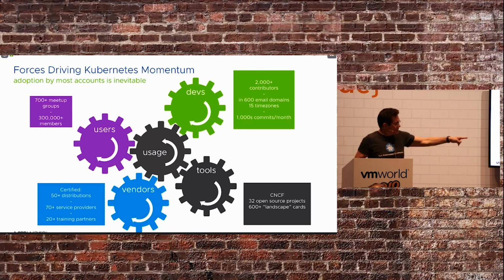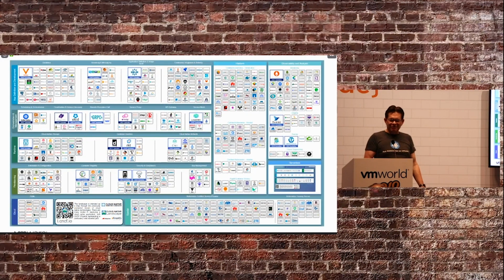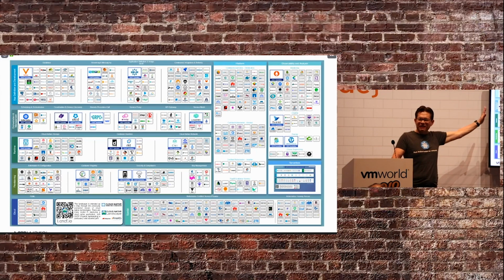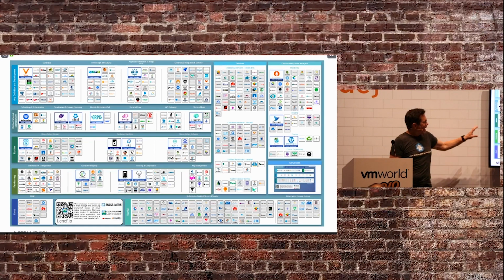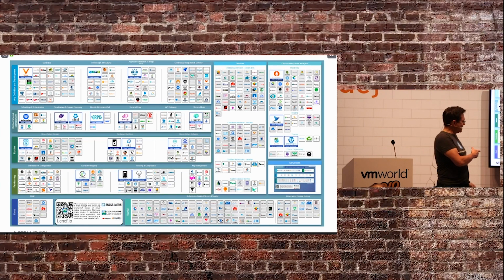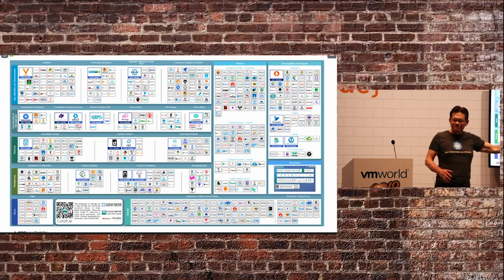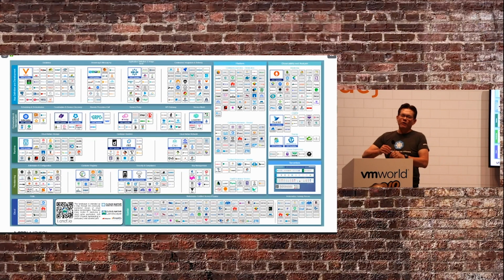Let's drill down just into the tools scenario, which is one of the compelling reasons why Kubernetes is growing. The Cloud Native Compute Foundation shows this thing called the Cloud Native Landscape. I doubt that anybody in the back row can read this, and frankly, with my eyesight standing right here on stage, I can hardly read it, but these are all tools, most of them open source, that work with Kubernetes